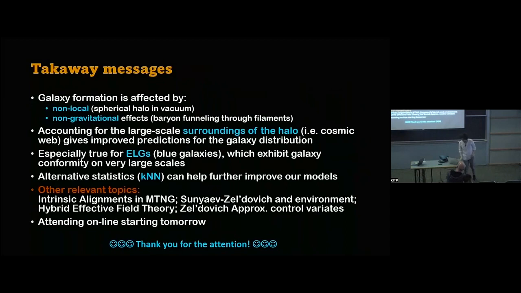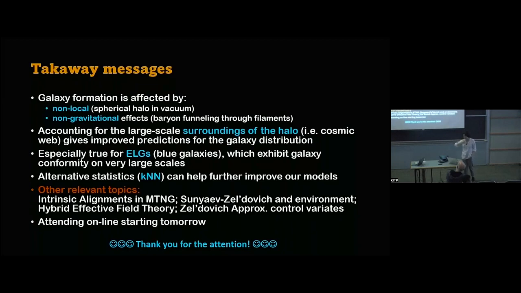Okay, so I think I'm maybe 1 minute early, but let me summarize what I just talked about. Essentially, galaxy formation is affected by both known local effects, it seems. So it's not correct to assume that halos exist in isolation. We need to take into account the broader context of their surroundings. There are non-gravitational effects that are contributing, so it's not just the dark matter structures that play a role in the kind of galaxies that form and evolve inside of these halos.